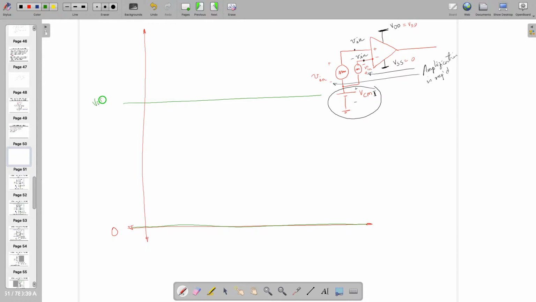So this is VDD and this is VSS. So your output cannot go beyond this one. Moreover, let's assume that this is VCMI, and on top of that you are applying the small signal input. Now what is happening here is you cannot stop this. VCMO is getting shifted somewhere,